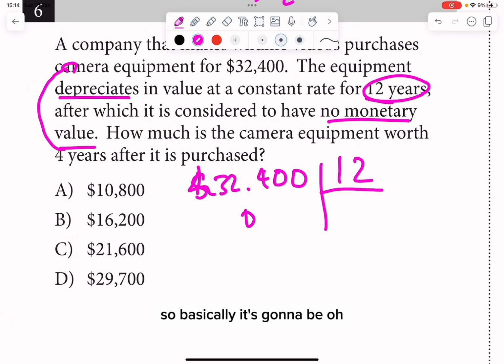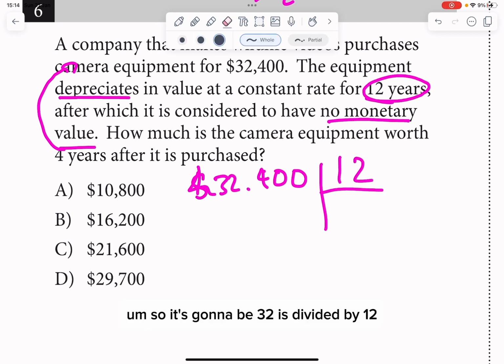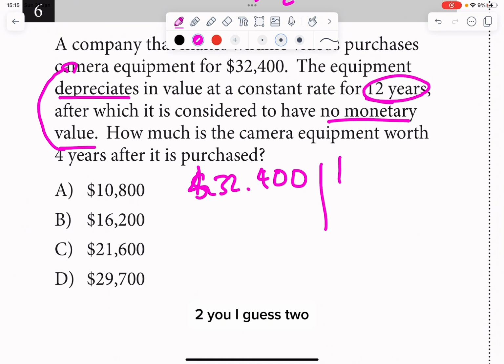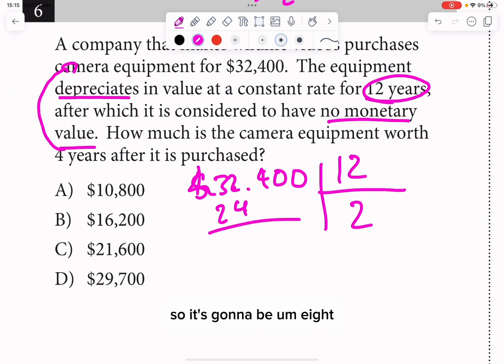Okay, so basically I'm not really good with arithmetic here. So it's gonna be 12 divided by 32, so it's gonna be 2, yeah, I guess 2. I'm so sorry, I'm really slow with those, so just bear with me. So 24, so it's gonna be 84. So this means 84 divided by 12, it is